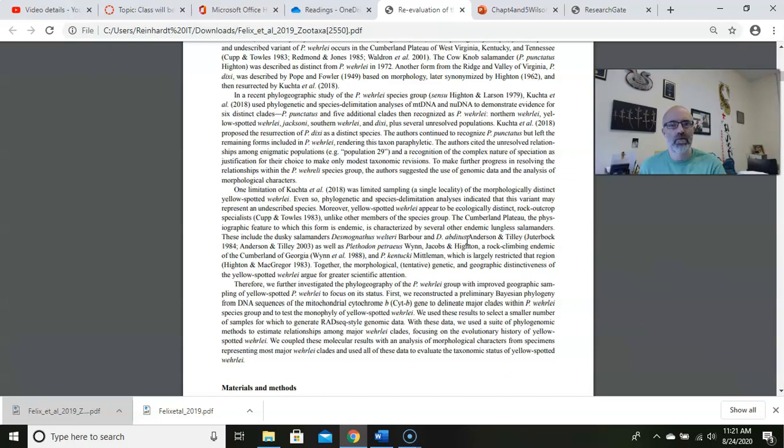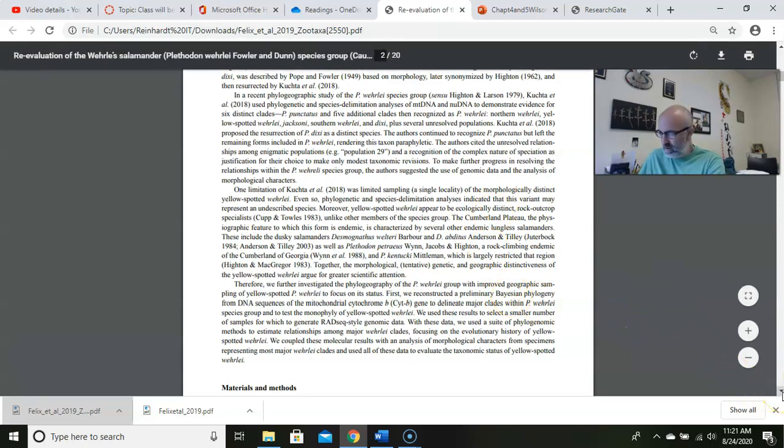And this is an example of sort of the beginning of this. It's kind of a mess. Frankly, there's a lot of issues coming out of Kuchta et al.'s research, and that's where we kind of stepped in and made some order out of the chaos. So spend some time with the intro,